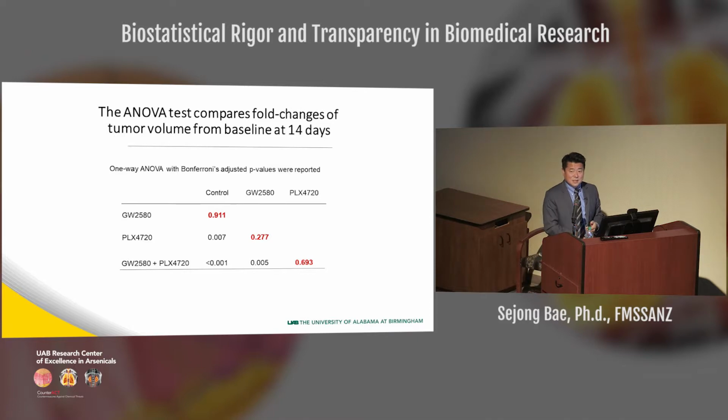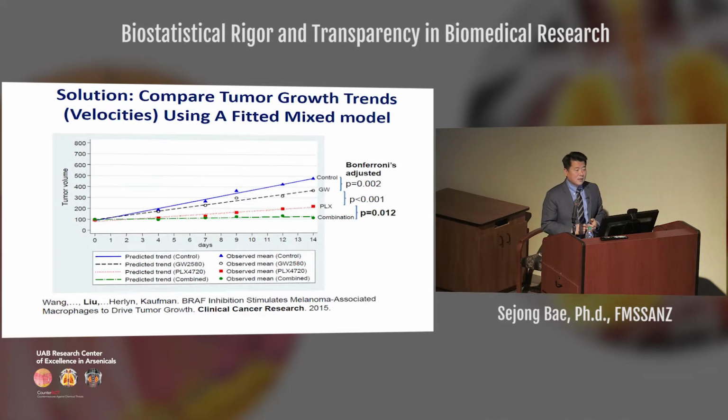So, this investigator went and talked to my colleague, and the approach that they took is looking at the velocity, trend of the tumor growth, right? Speed of the tumor growth. That's what they used to analyze the data. Instead of using the fixed ANOVA model, they used the fixed mixed effect model to look at the trends of the thing. And if you look at it, the combination group, the